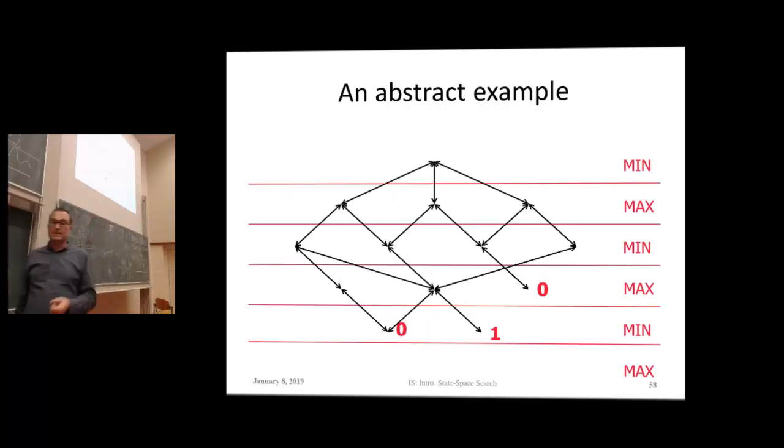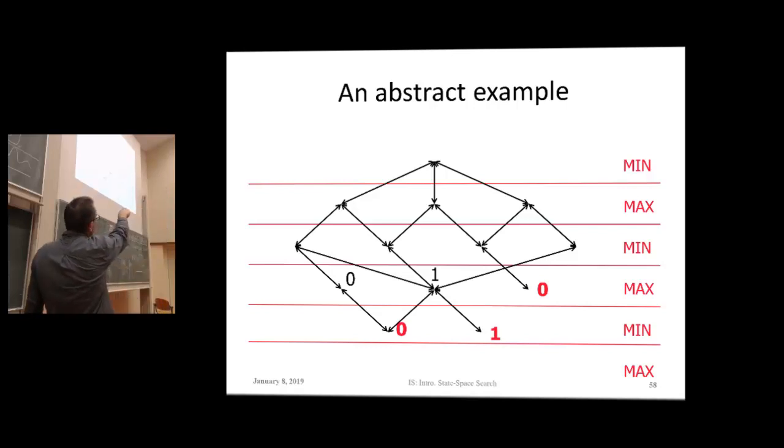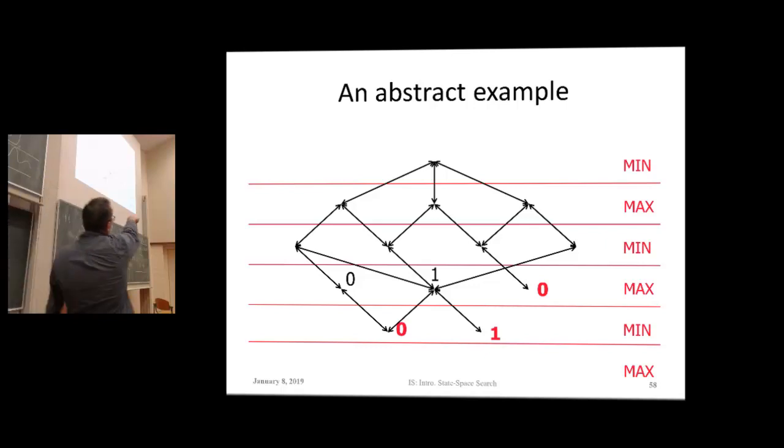So here's the abstract example. This is some game. We start out with this position, and in this case, Min starts, so Min will try to make the first move. And these are the utility values of the nodes that we can achieve. If I am in this node, I have nothing to choose, so it's only the utility value that I can take. But in this case, I'm a max player, and Max can choose the value 1 here by choosing this specific node over this one.